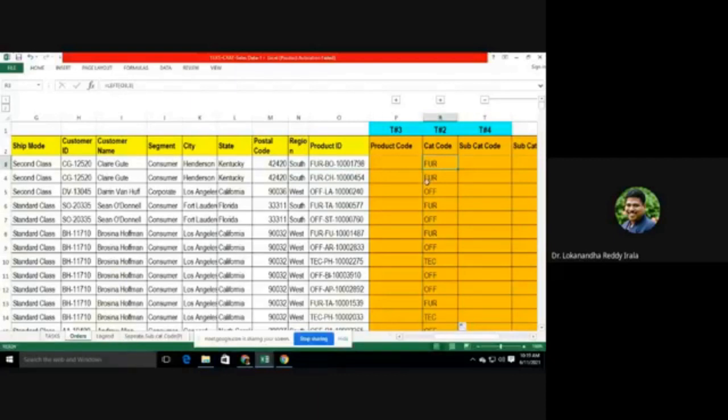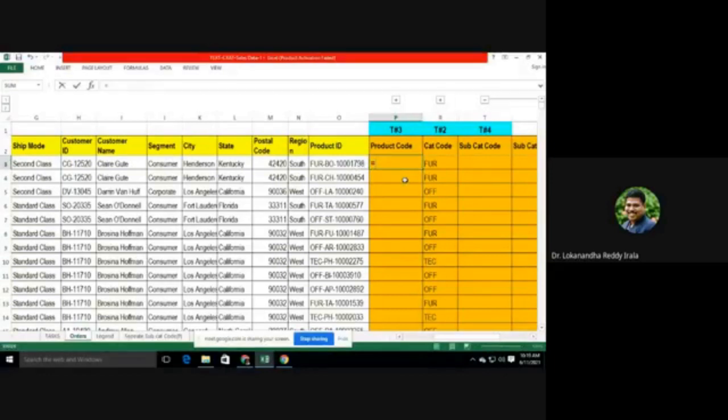So just like we have a left function to read a text from left to right, you can use the right function and pick out some portion of the text that is towards the right of the text. So now look at the product code. How many characters? 4, 5, 6, 7, 8 characters.